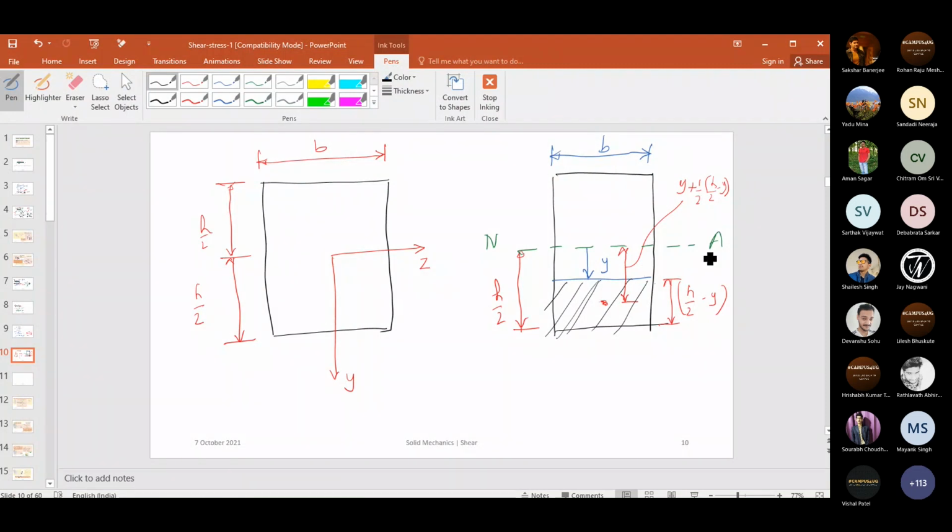I think I will stop here. I will redo this problem again. I think we have only 1 hour, and I shouldn't trouble other teachers. So let us do one thing. I will stop today and we will continue on Monday. Monday I will be taking the class. Is that okay? You are all staying in your home only, na?